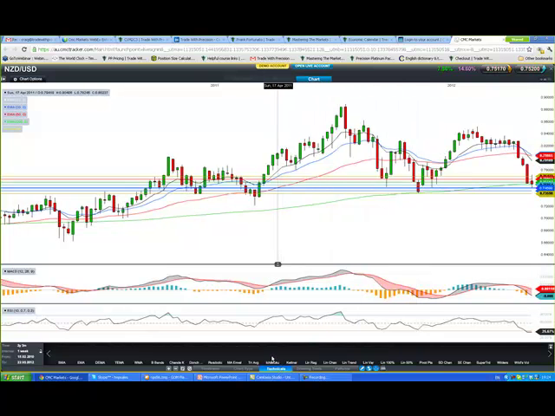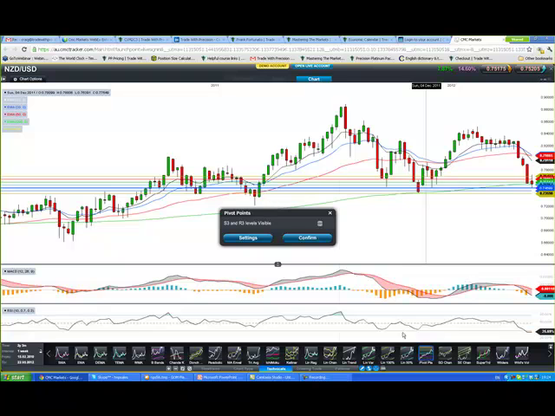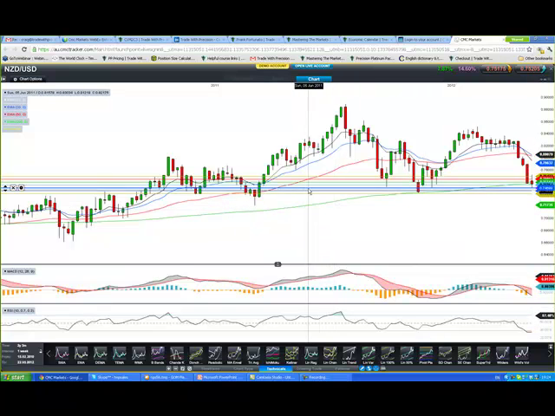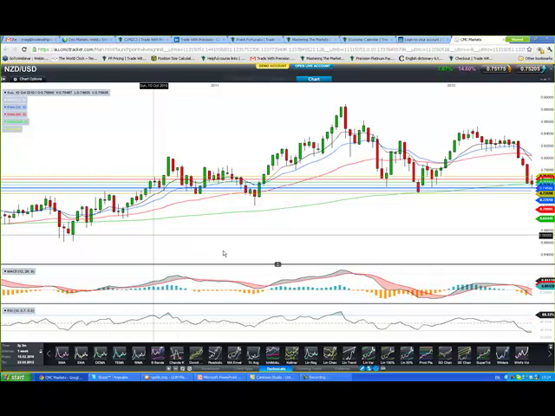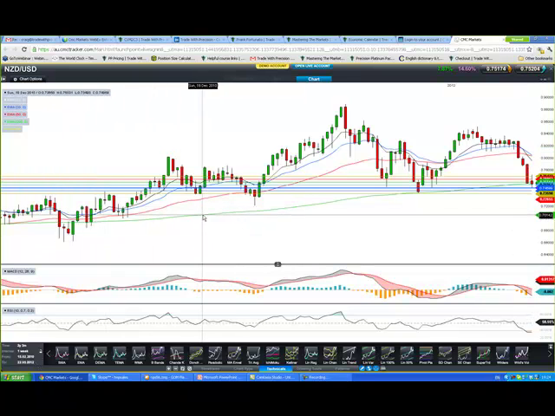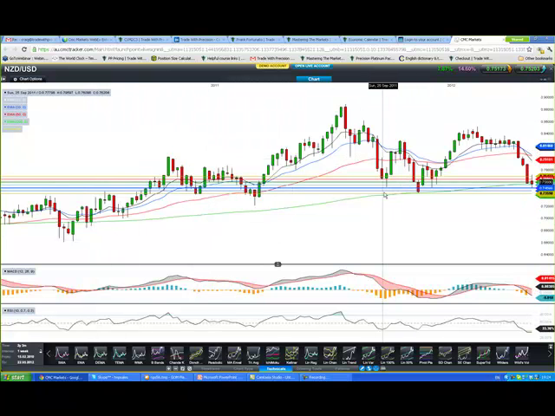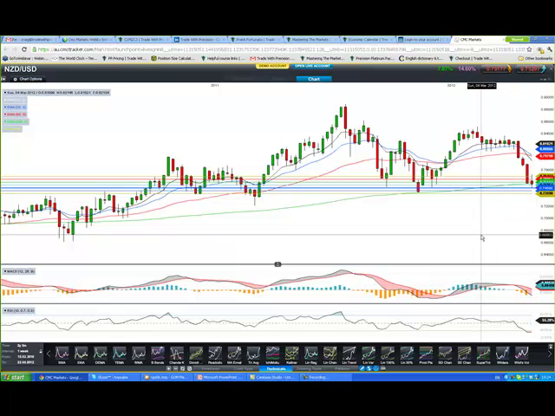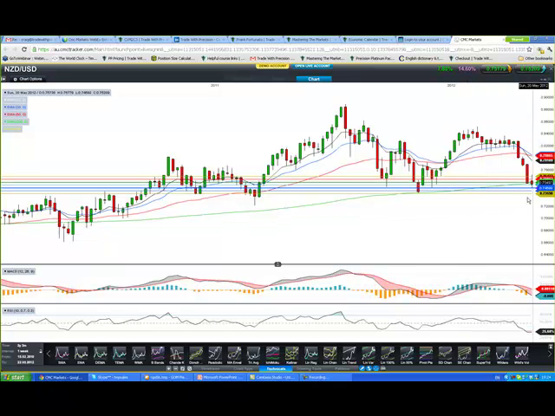Okay, we're on the week. All right, so you can come into the weekly time frame, and you can see there's been a bit of bouncing, a bit of support and resistance through here, over here, and we're back to that level. Now this is a pretty significant level for the Kiwi against the dollar. If it is to break down through there, and it's the last bit of support really to stop it, who knows where it could get to. It's a very strong level.